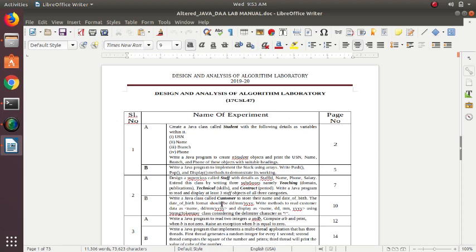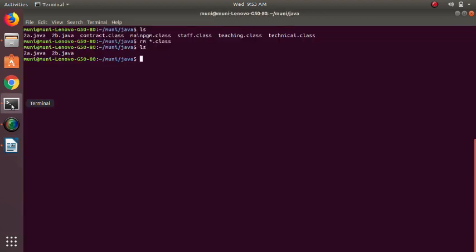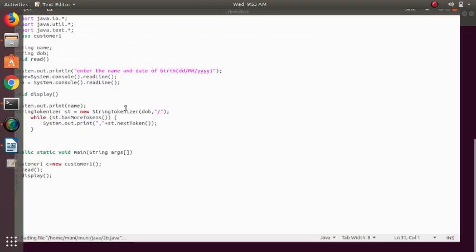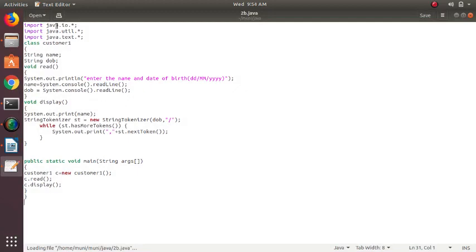considering the delimiter character as /. Now let us see the program. So I have written the program here, I have saved it as 2b.java. Let us open it by using the editor. So 2b.java contains, I have given here the customer1 class, as they asked in the question, we should create